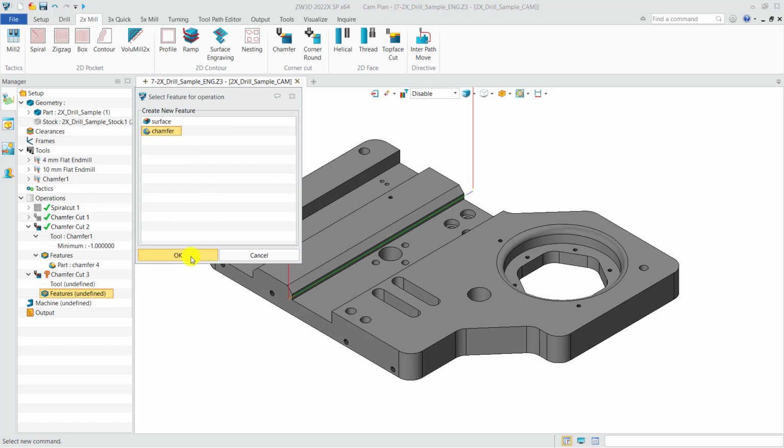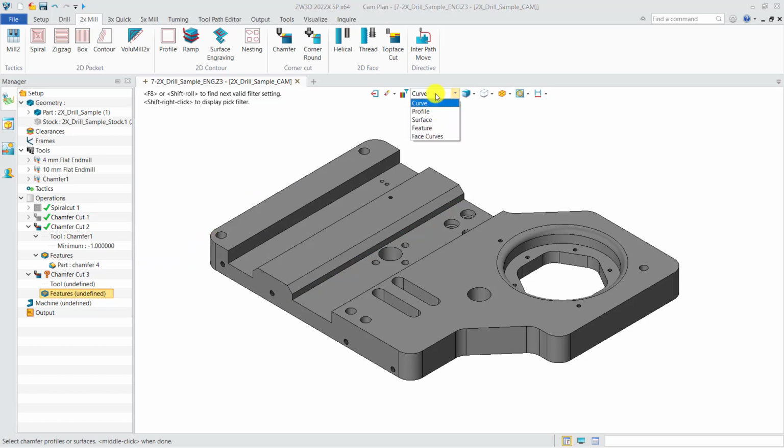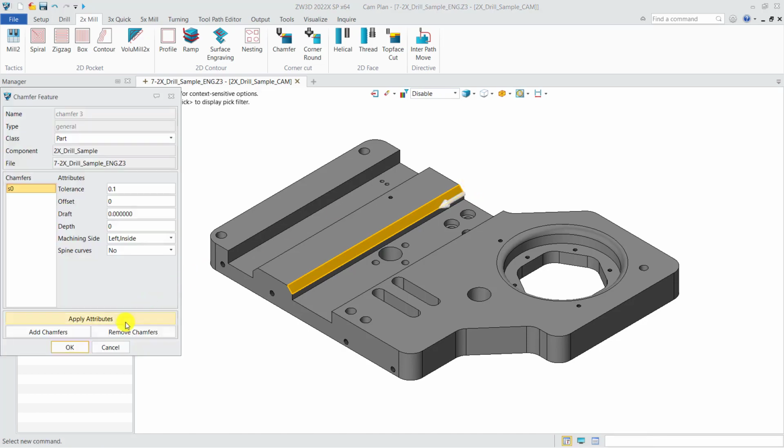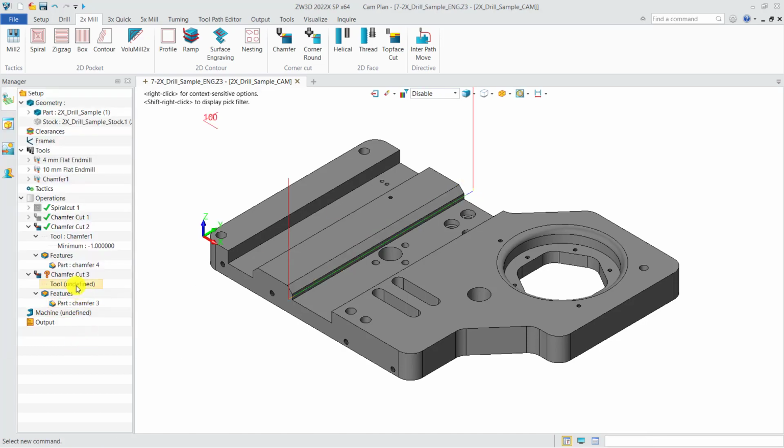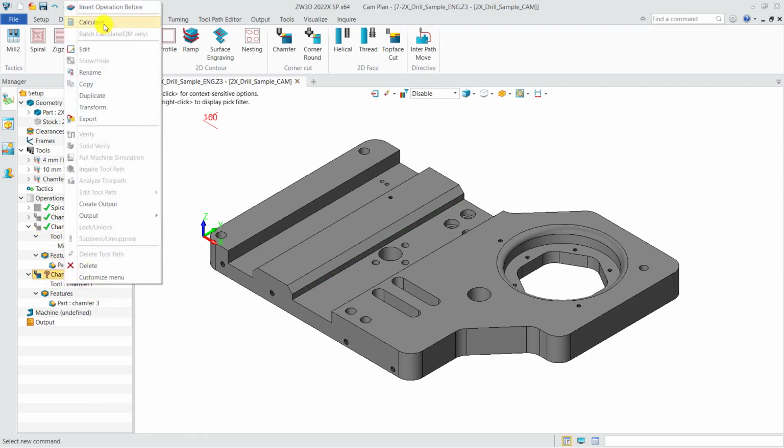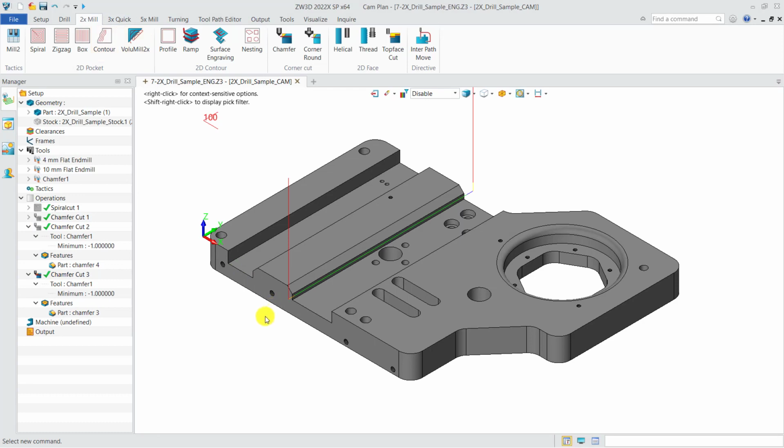create a chamfer feature by selecting the surface. Then I select this surface, and I also use the middle button of the mouse to confirm the selection, then OK, and select the tool, and I hide this one first and calculate the two paths. Then this is the calculation result. And the last one